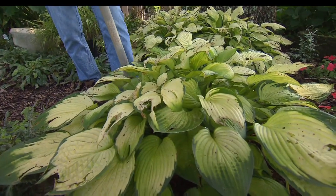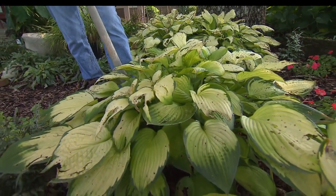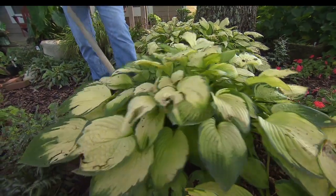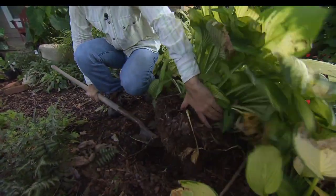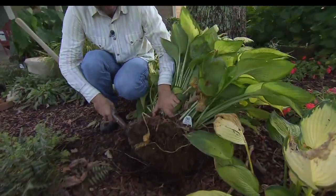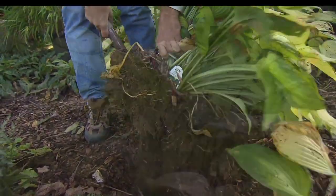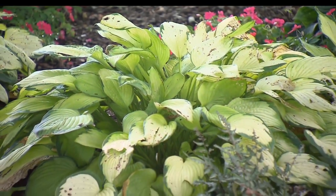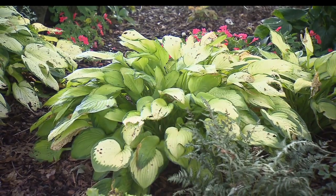So this hosta, as much as I like it, has actually grown so large now that it's taking over a pretty good bit of the path by the end of the summer. So I thought today I would show you how to dig and divide a big hosta like this one, which we can get 2 or 3 plants out of probably. And all you really have to do is get it out of the ground,